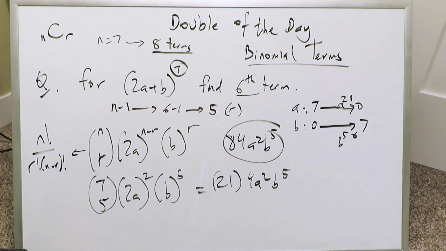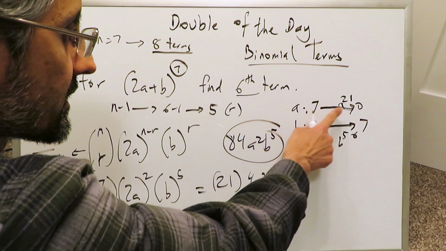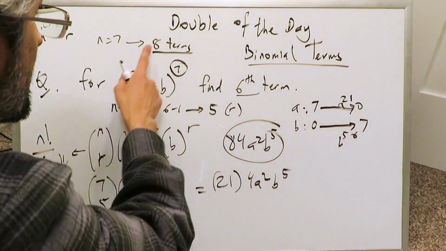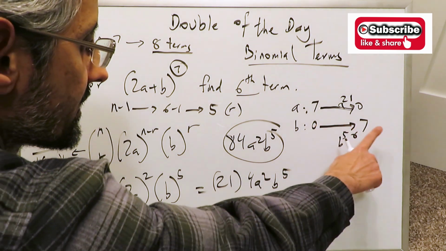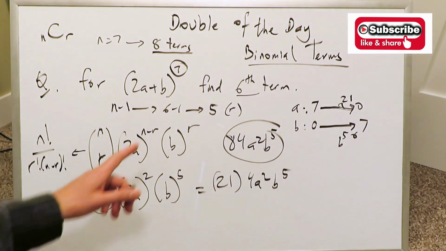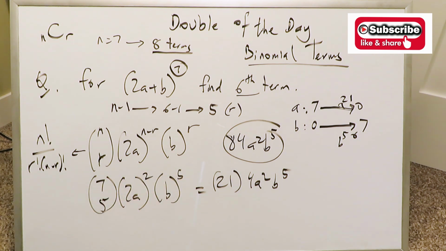You can always think about things in that way, but always keep in mind your first variable will start with the highest exponent and go down to 0 with each term of your entire expansion. Your second variable will start with an exponent of 0 and go all the way up to 7, your highest value, your n value, sequentially by 1. Generally, that is the trend in these types of